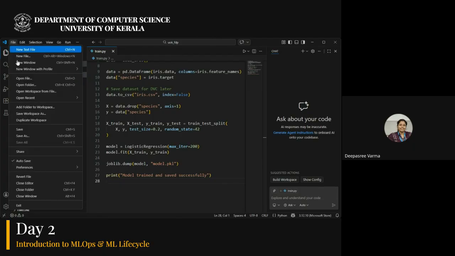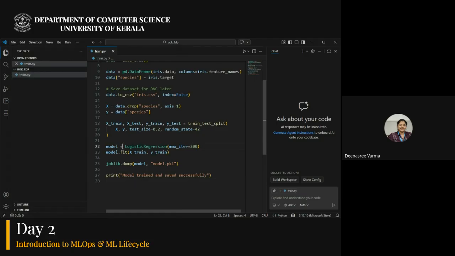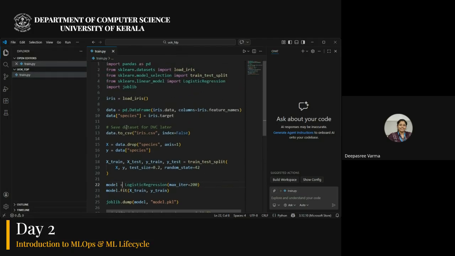You can just check. In your case, if autosave is not enabled, just enable it so that it will be saved always. This autosave should be a tick mark. In that case, it says it is enabled. That is, whatever you type here, it will be autosaved.